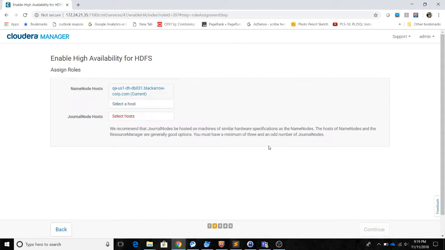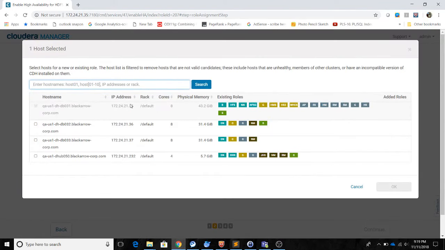So I will get a page which displays the name node host and the journal host. I will be selecting a standby host, and it will provide the set of eligible hosts from which I have to select the standby name node. So I will choose this particular node,